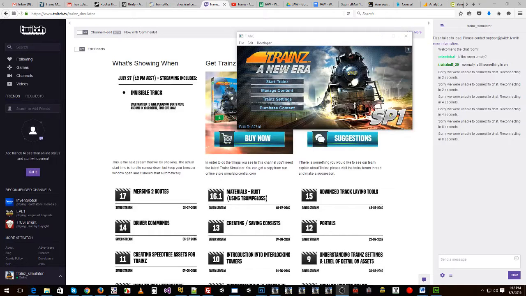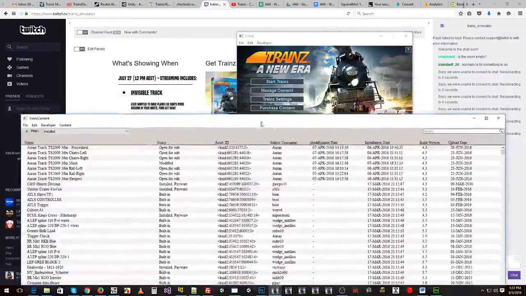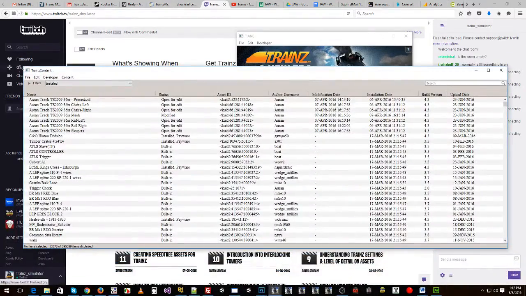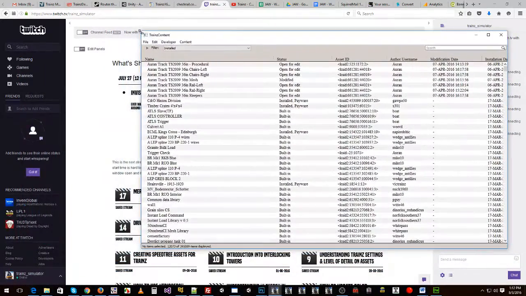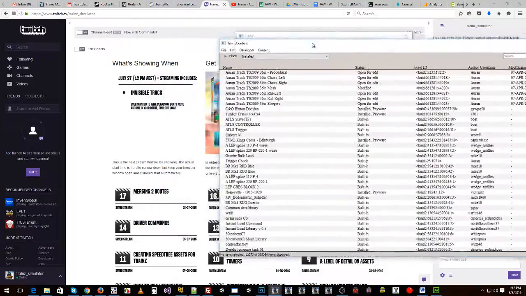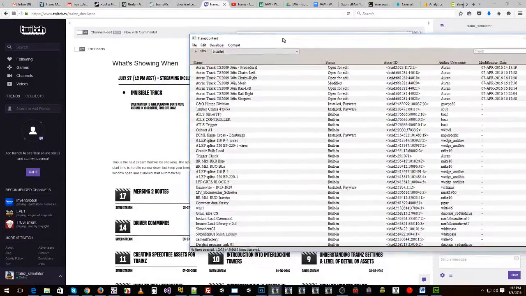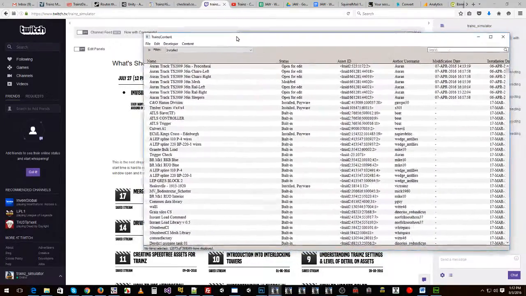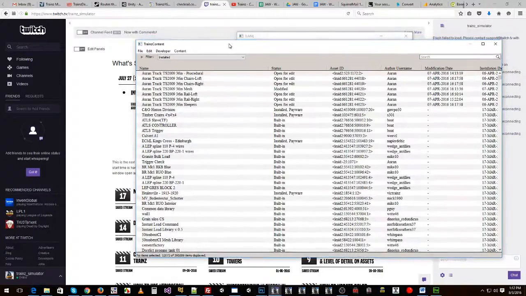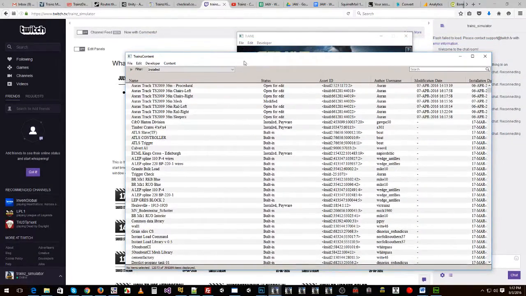Hi, and welcome to the tutorial on invisible track. Today we're going to go through and find some invisible track on the download station. Then we're going to find some boats and planes and also some helicopters. And then we'll place them around some of the layout and see if we can make some interesting scenarios happen